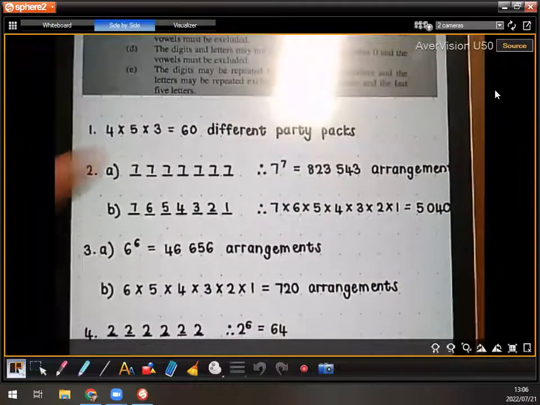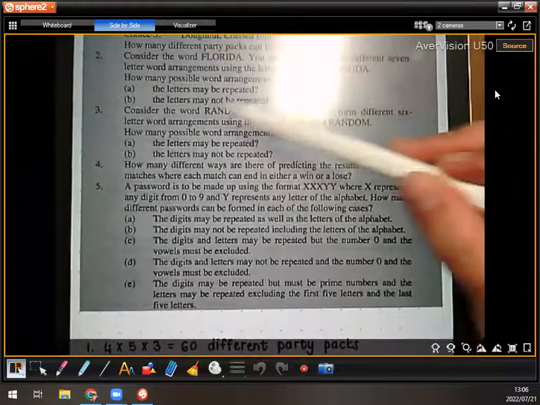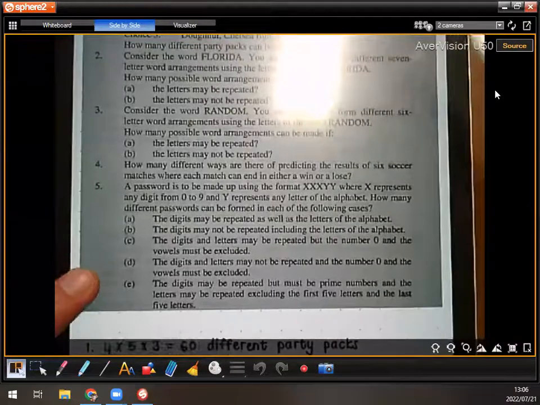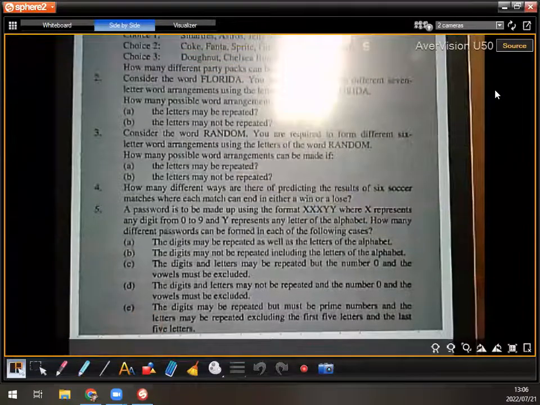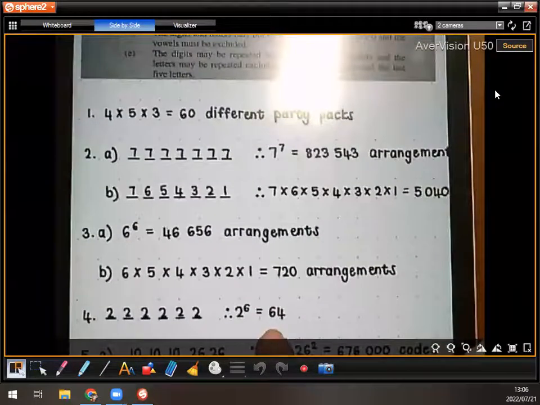The next one, what was the word in the next one? Random was the word. So now we have 6 letters. You're required to form different 6-letter word arrangements using those letters. Again, for A, they say that you can repeat. Okay, so if it's random, you can use the A and you can have 6 A's in